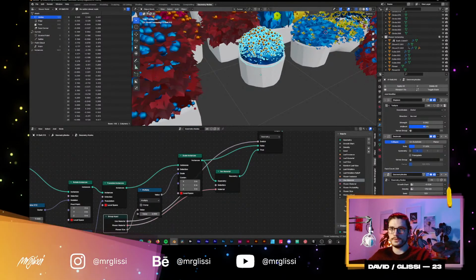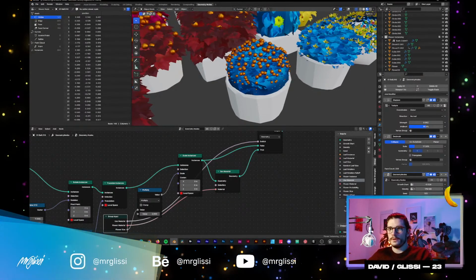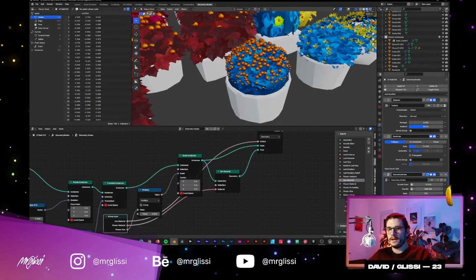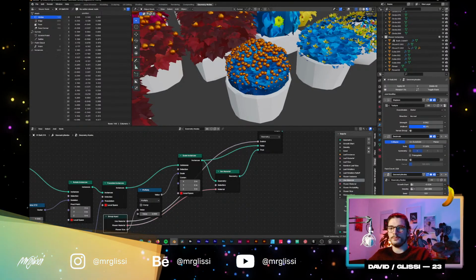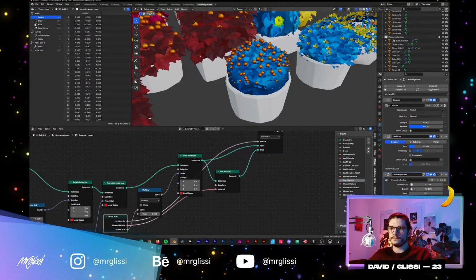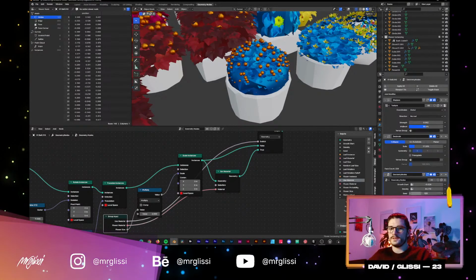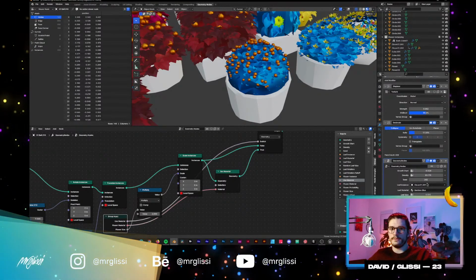Wait, whoops. Let's turn this off again. So yeah, we have the density, of course. There's not too much to that, and I'm still sliding a lot, and it doesn't change that much, so I could actually multiply it by even more. Now it's a really smooth transition. Then there's the seed. There's also not too much to that, and then we have the leaf instance,